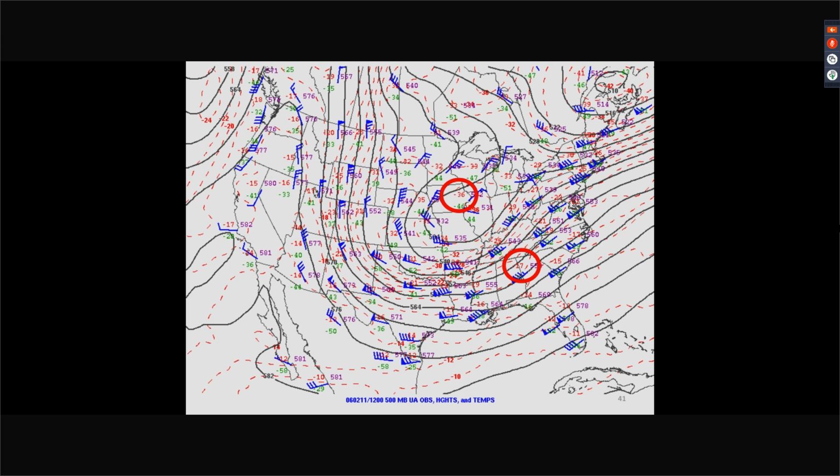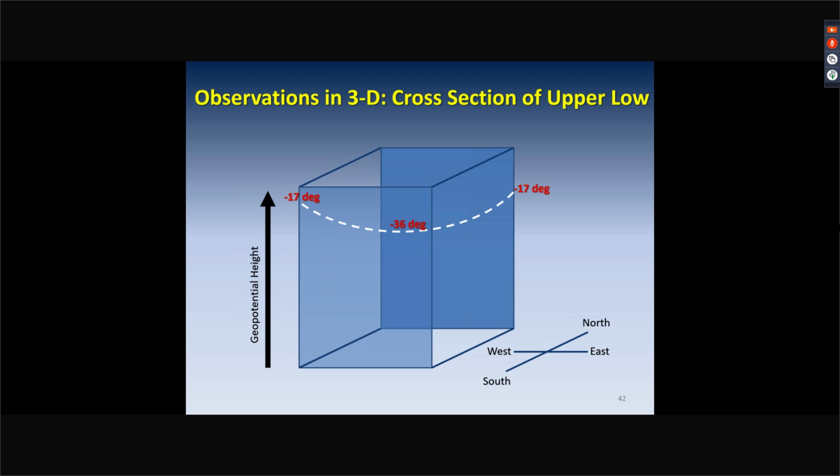Well, what's that doing? Okay, so we'll go back to that schematic. In the center of the low, where it's minus 36, you have much colder air that's dipping down closer to the surface. Now, granted, it's still 16,000 feet in the atmosphere. But the gist is that, when you take our upper air class, which I think is sometime in December, I want you to remember this. Remember what we were talking about here,